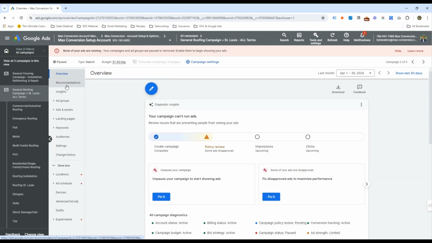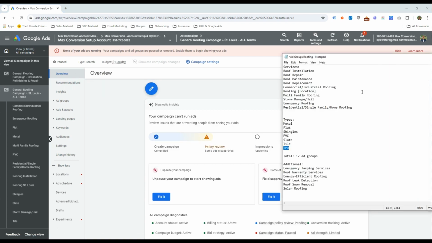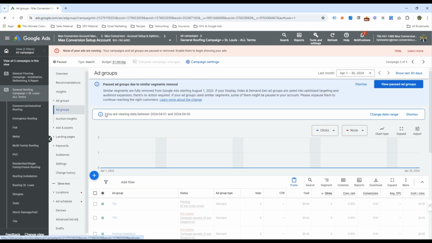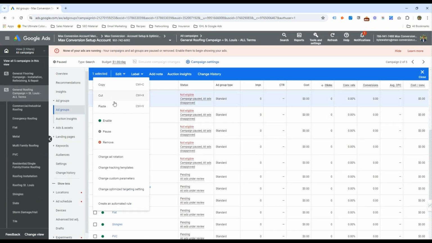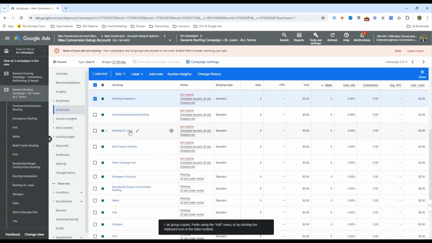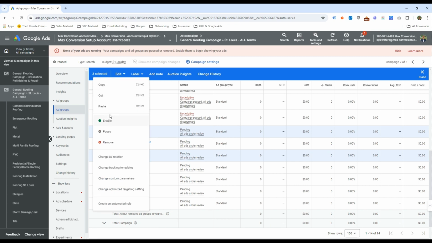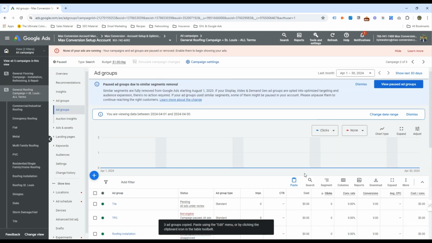All right, guys. So we have got all the ad groups complete besides the repair, maintenance, and replacement. So the repair, maintenance, and replacement are going to be very similar to what we just did. So what we'll go ahead and do is we need 3 additional ad groups. So we'll go to the ad groups. Actually, a matter of fact, let's just go to roofing installation, emergency roofing, and let's just go to metal. That way we copy all 3, we paste them, and then